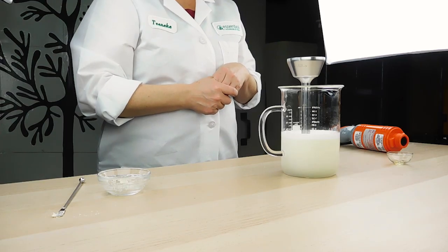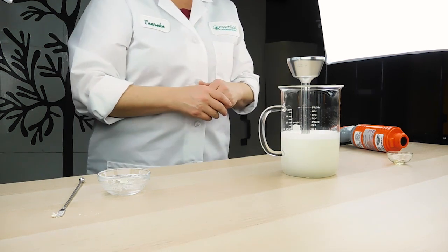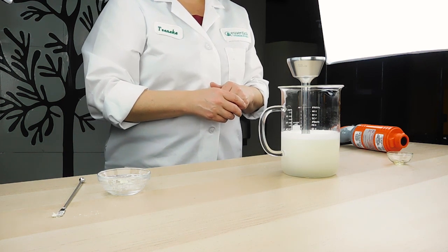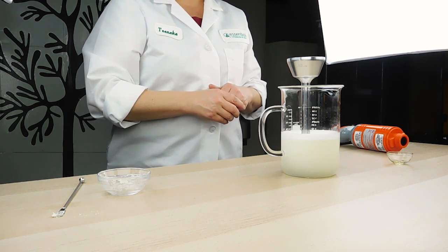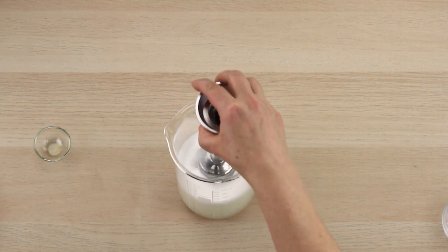Now, one thing about acacia gum, it's a great alternative to polysorbate or other solubilizers that you might use that are less natural than acacia. However, you will always have a cloudy solution with acacia gum, so that's something to keep in mind. It will always be cloudy, but it won't separate. So we hope you enjoy your new